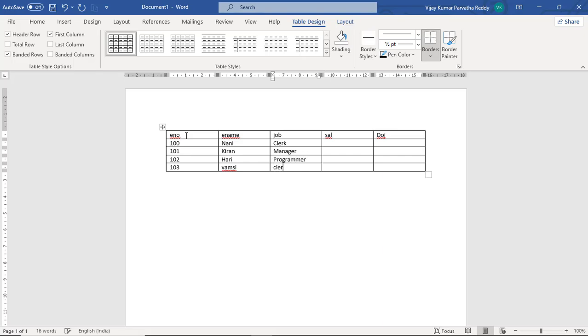and then say clerk, and here we can enter salaries like this: programmer, and then say clerk's salary. Then date of join. Date of join I can say